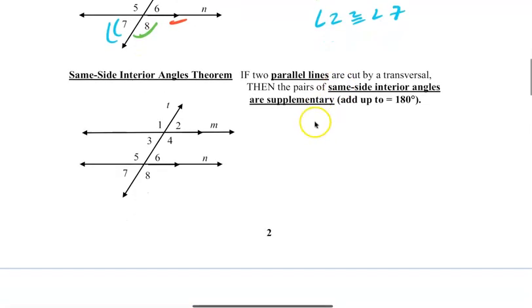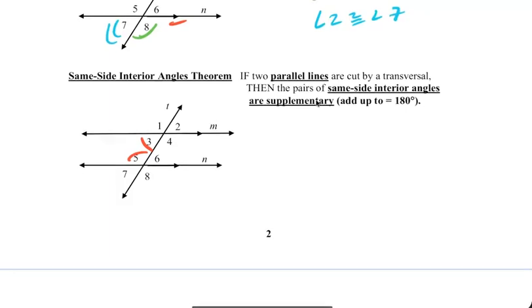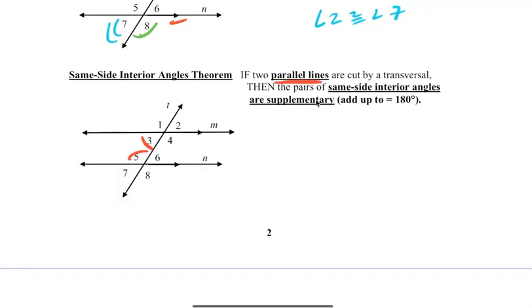And then same side interior. This one is a little different. Same side interior, again, is exactly what it sounds like. So it's on the interior, so inside here, and they're on the same side. So we have like 3 and 5. But these are not congruent. These are actually supplementary. So if they're in between two parallel lines, again, cannot stress that enough,